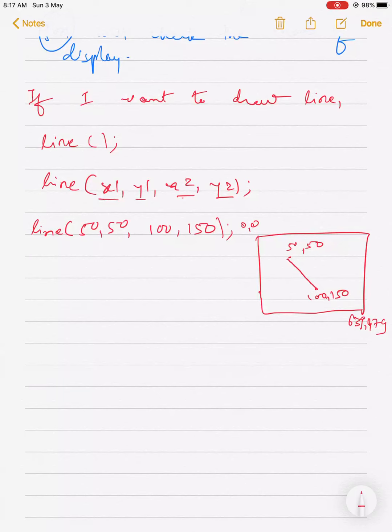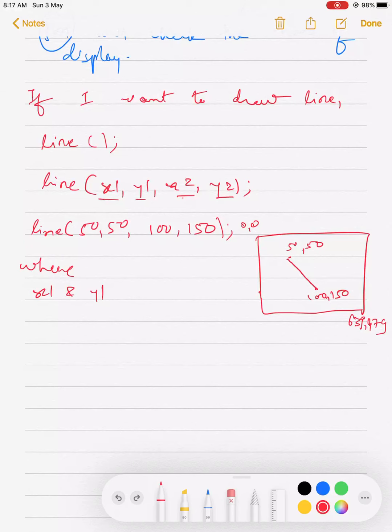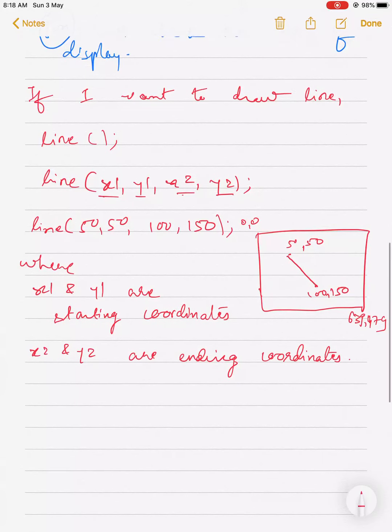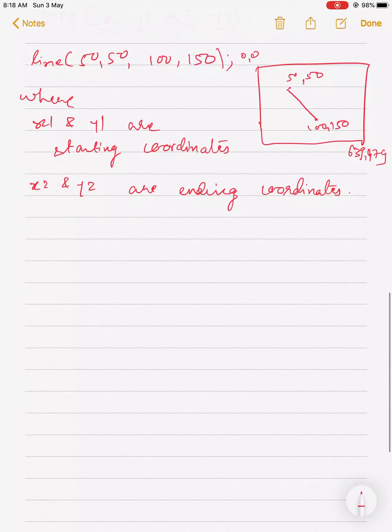You have to mention the coordinates where x1 and y1 are starting coordinates, x2 and y2 are ending coordinates. Clear? This is one function, line.